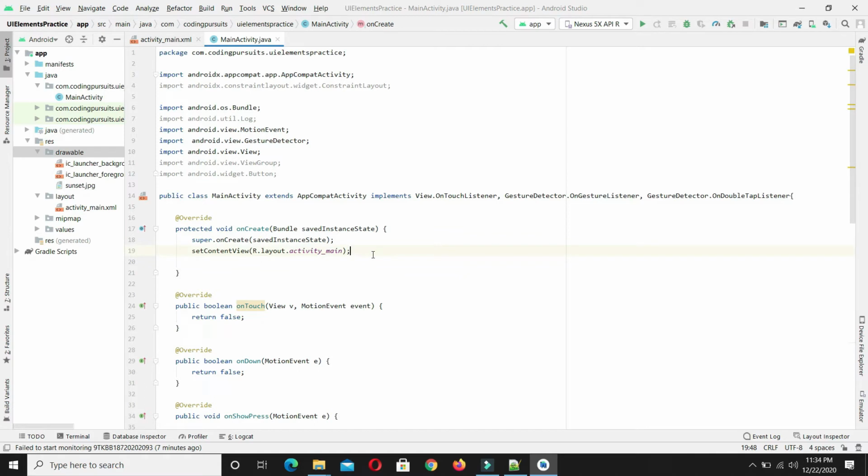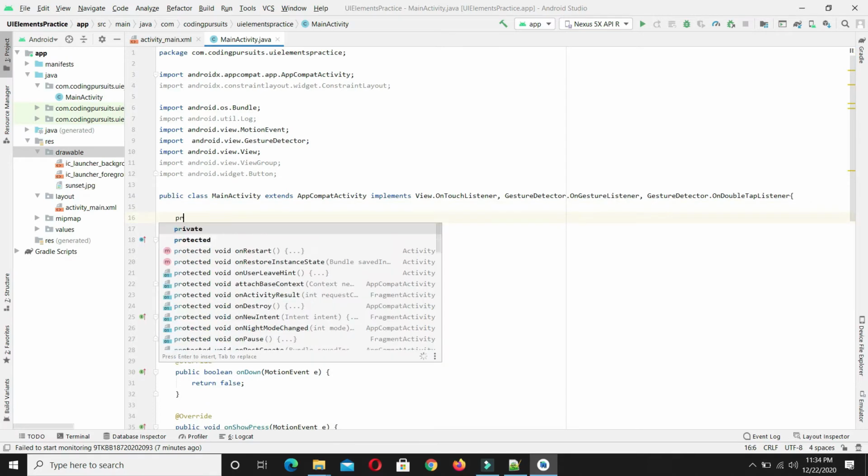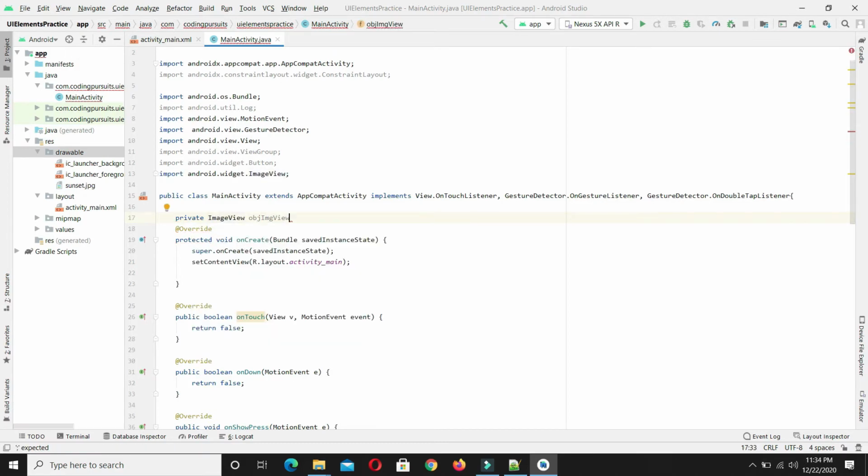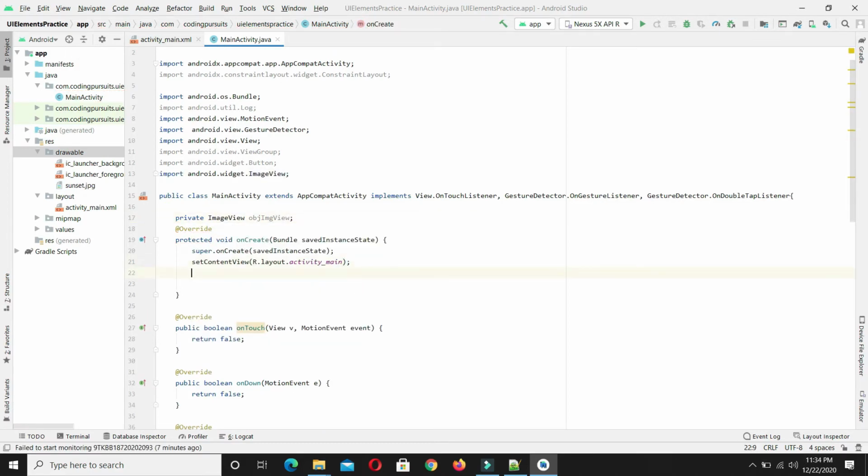So now let's set the gestures on the image view. For this I will take the instance of image view. Let's access the image view.